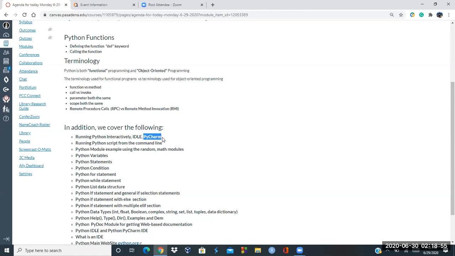I'm going to do a quick demo on IDLE and PyCharm today, and I will show you how you can download it and everything. But I will actually test that one on a new PC, installing a version of PyCharm, the community version, so I could have the video available for you to do it. I had already installed it last semester on the machine that I'm using, and it doesn't make sense for you to see the same thing, not knowing that, okay, at this part it was already installed,